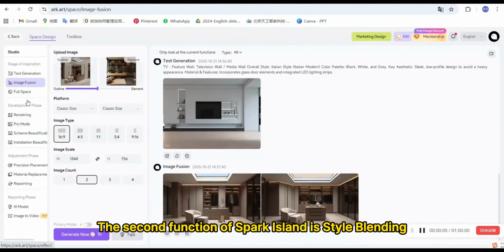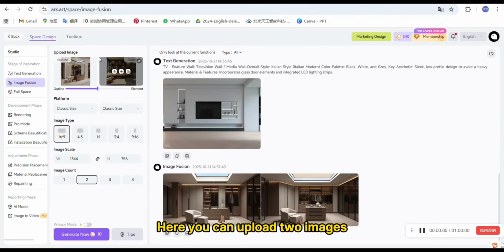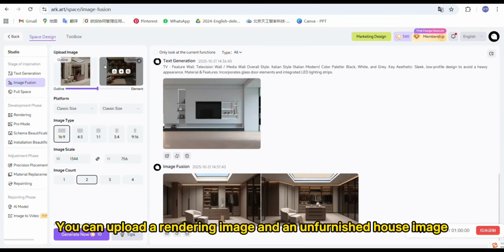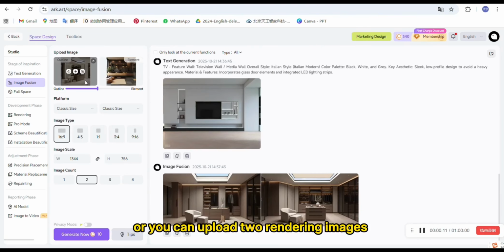The second function of Spark Island is Style Blending. Here you can upload two images. You can upload a rendering image and an unfurnished house image, or you can upload two rendering images to blend